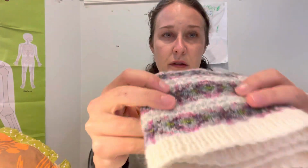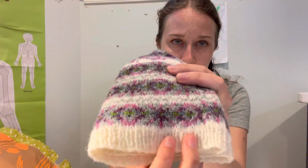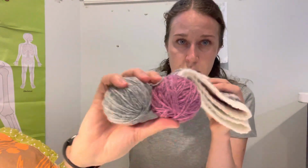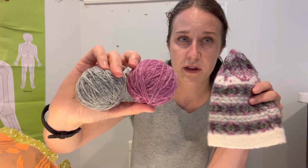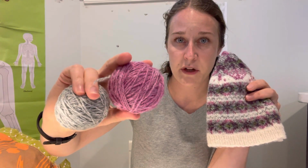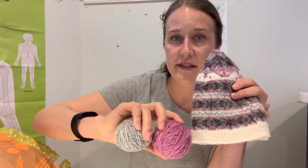And then for these oxos, I have 202 Jamieson & Smith 2-ply jumper weight in light gray. And this is FC22, which is the kind of dark pink, darkish medium pink. It's heathered. So that's the first band. The second band is,